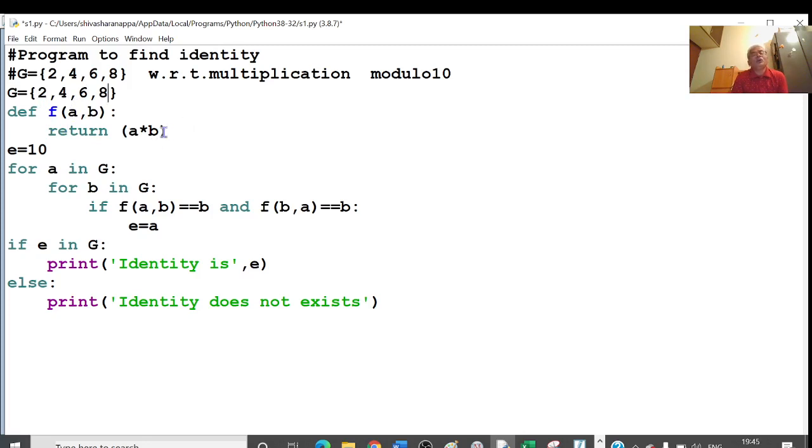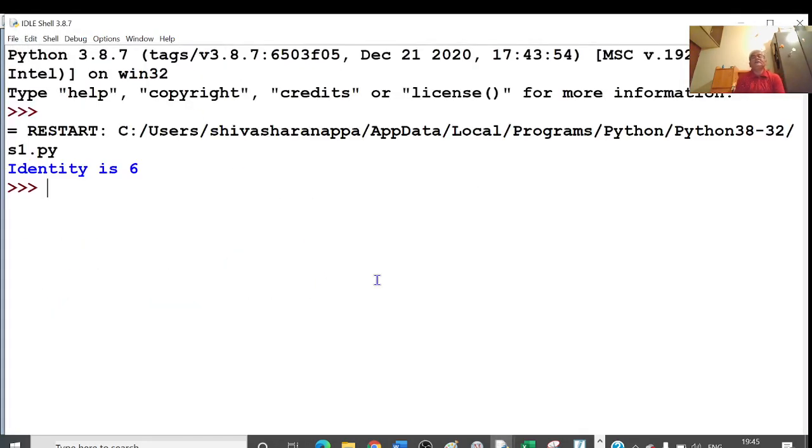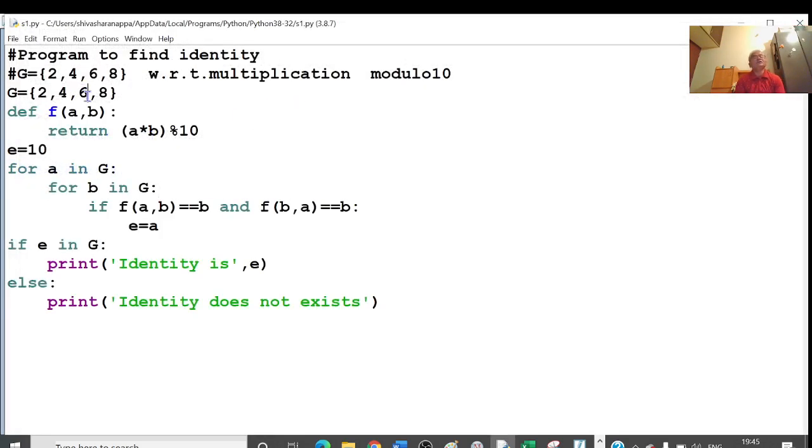Definition is multiplication modulo 10, that is here percent 10. Now we know that in this set 6 becomes the identity element with respect to this operation. Identity is 6. If you remove 6, then identity does not exist.